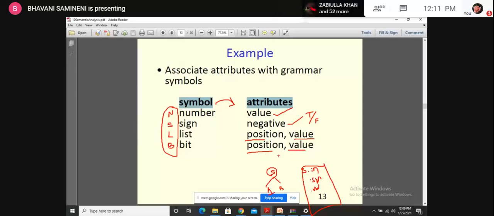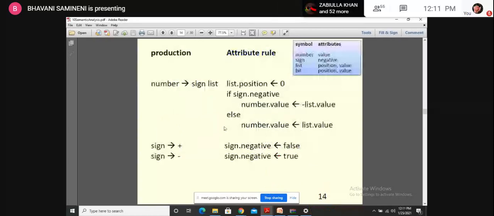And just see here. Now this is how we are going to generate for the first two productions. What are the first two productions we have? Number can be sign list. Sign can be positive or negative. So now I am trying to write the semantic actions. See here, we have taken attributes, right?